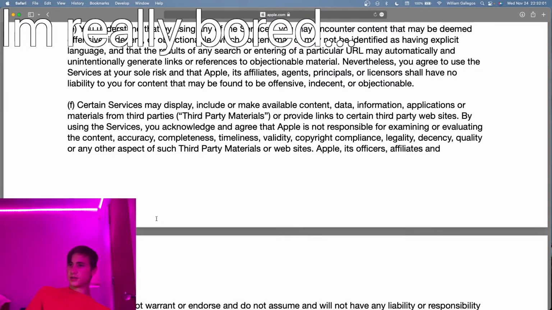Nevertheless, you agree to use these services at your sole risk, and that Apple, its affiliates, agents, principals, or licensors shall have no liability to you for content that may be found to be offensive,